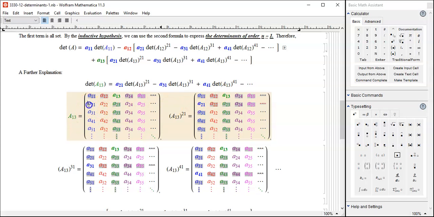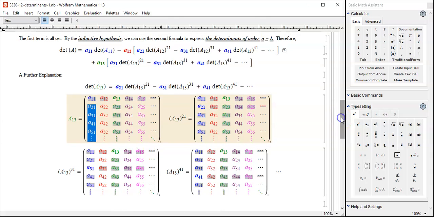And then we're going to focus upon the column. A21, A31, A41, A51, and so on. Can we do it? Yes, we can because of the inductive hypothesis. This A13 is a deleted matrix, so it has order n-1. So by the inductive hypothesis, we can do it. So get A21, delete this row, delete that column, and what's left will be this deleted matrix, A1321. Next, delete this, A13,